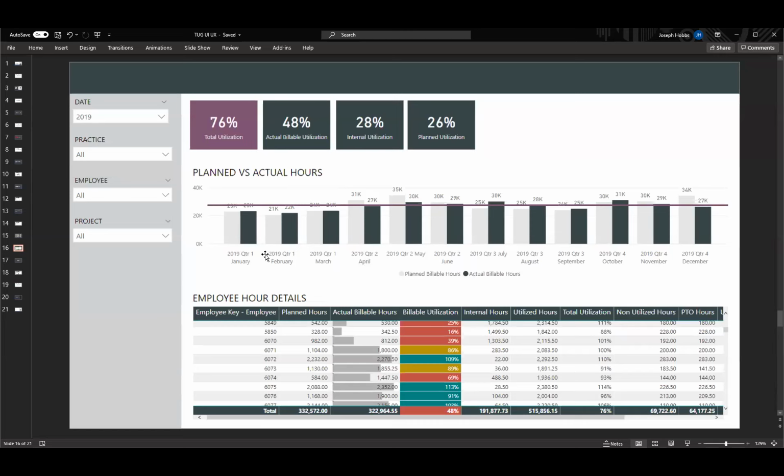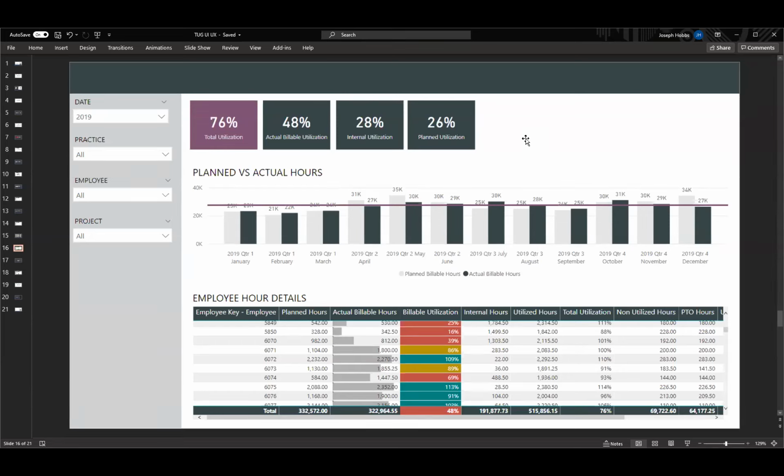Secondly, on my bar chart here in the middle, I added an average line. I do this to allow people to say, all right, what are my outliers? In a simple way, which months are above or below average? So you could take a particular employee, right, pull up their name, see how they trended over time and say, well, these numbers are low, but that's about average for this person, so I don't need to be concerned about it. Clearly, their manager knows about this and prefers that they work in this style, right? So just adding a little bit of focus there to what is above and below the line.